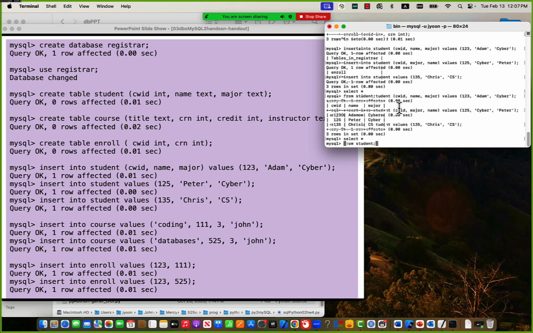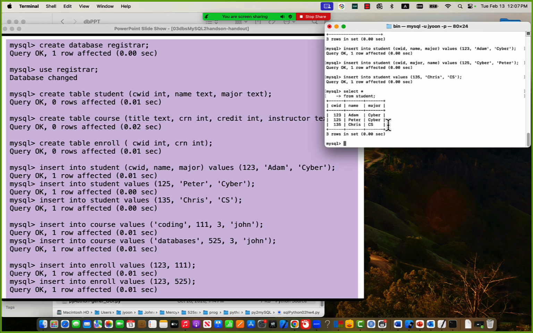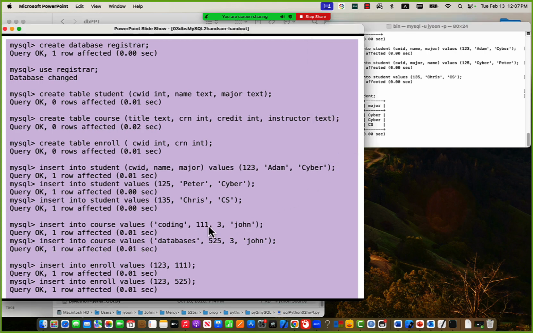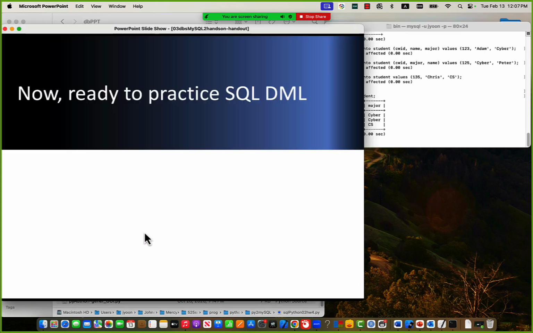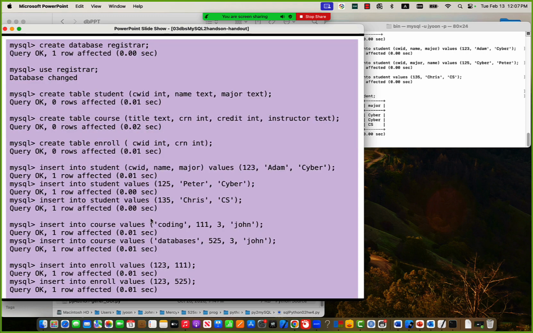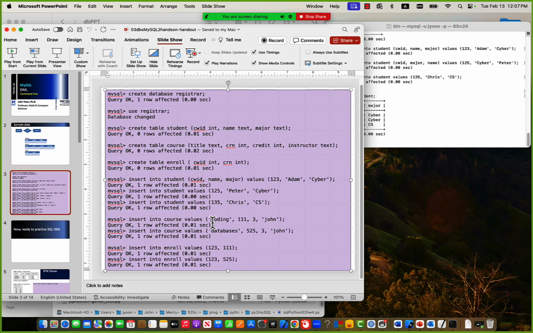So we have CWID, name and major. They're all that I entered by these three statements, right? In the same way, I could do, let me see if I can, I cannot copy it. I think I can copy it, right, to save time. So that I can do,